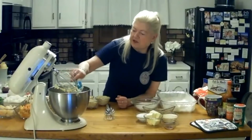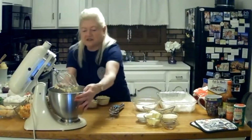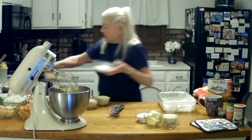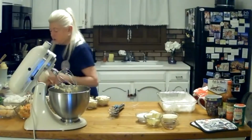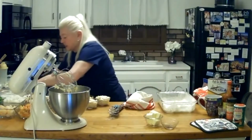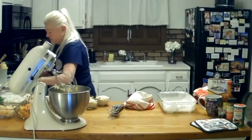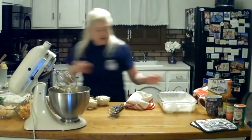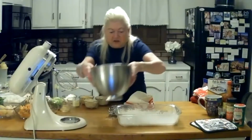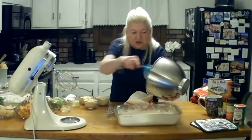And I am going to now take this out. Now remember, here's the topping, right? But I'm going to move this over here because we're going to do the topping later, as I mentioned. So we're just going to get those ingredients out of the way and bring this pan to the forefront. And I'm going to take out the batter and just pour it into